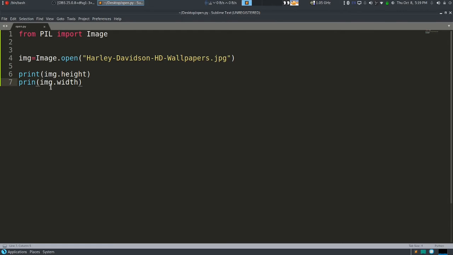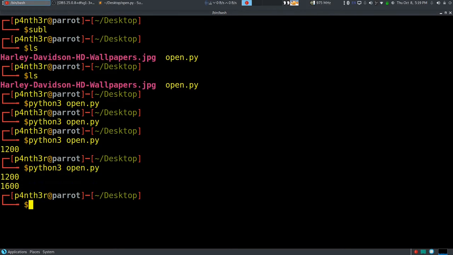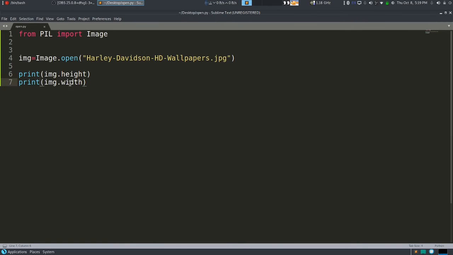Here I made a wrong spelling of print. Now run again. You can see here it is giving me two outputs. First is the height of that file, and the second is the width of that file. So 1200 is the height and 1600 is the width. So we can print the height and width by image.height and image.width.